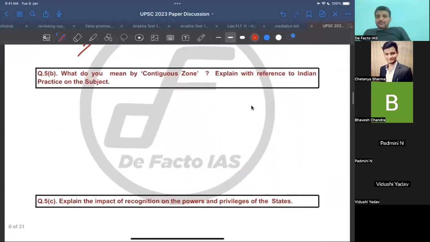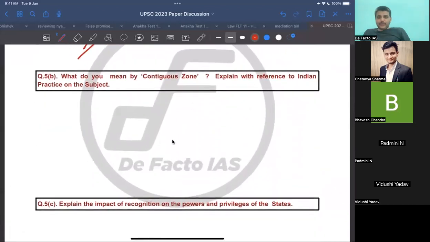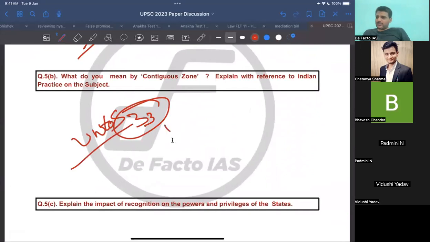Okay, now let us come to question number 5B. Yes, Jitan, you can give a contemporary example. That will be perfect. Contiguous zone, Indian practice, right? So we will simply write the contiguous zone. If you remember, Article 33 of the UNCLOS provides for the contiguous zone. We will write what are the provisions, baseline, power and function of the